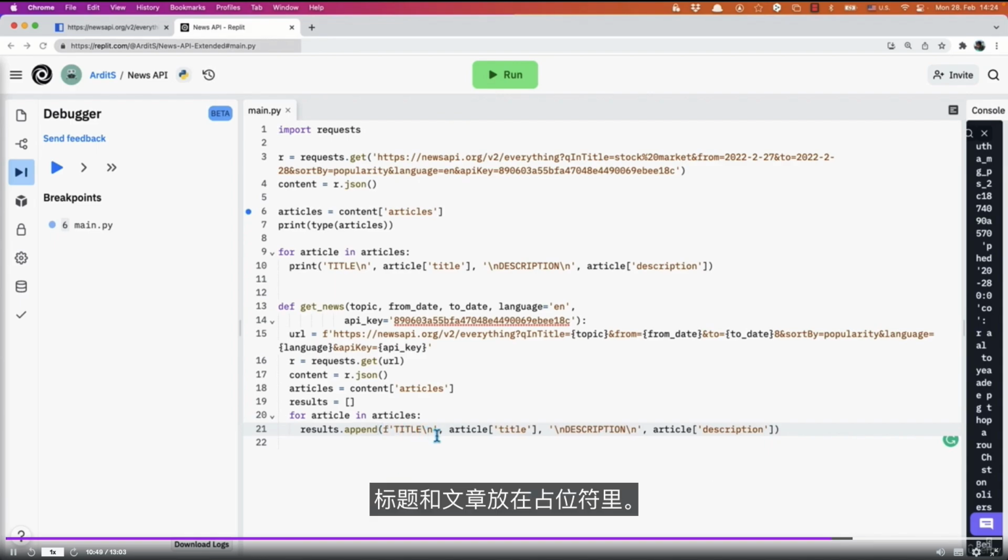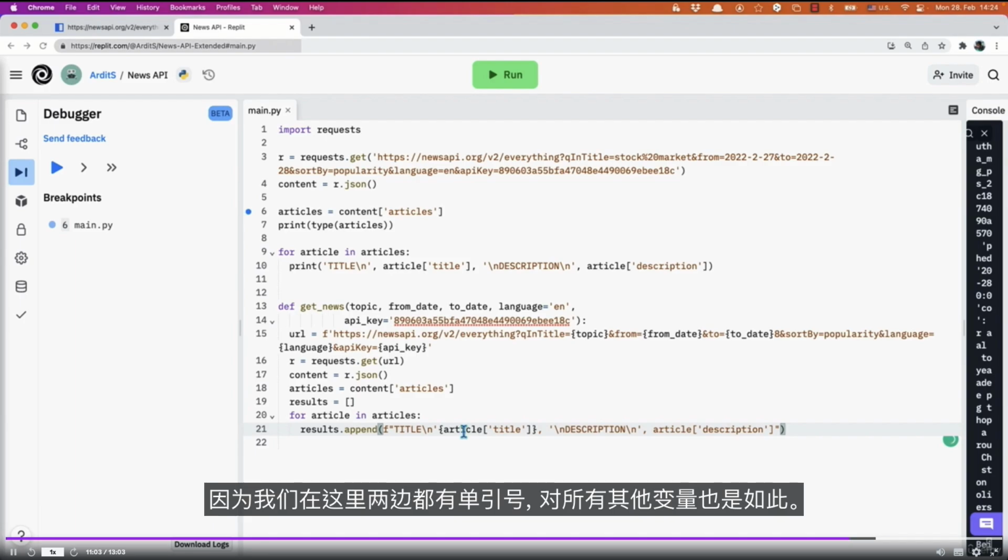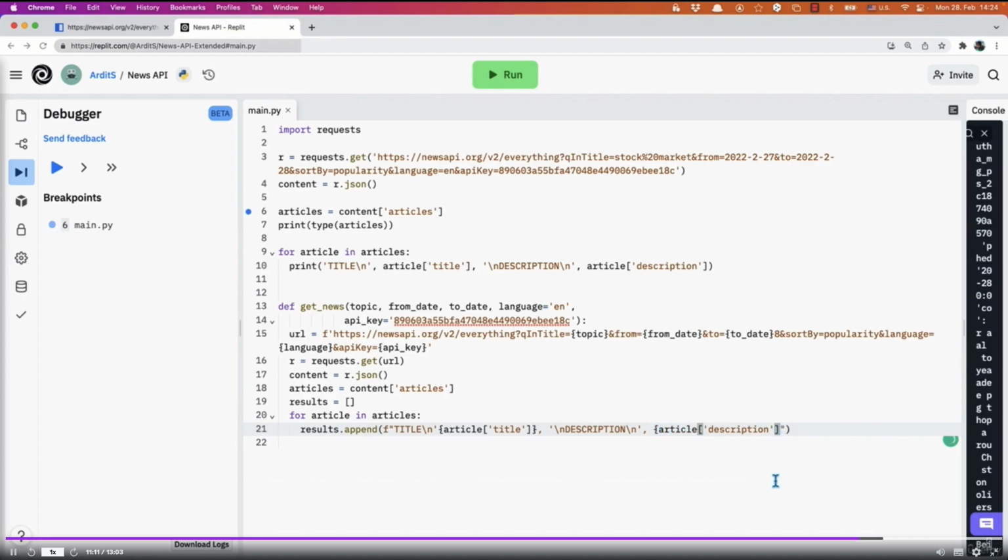So F title, and then article goes inside the placeholder, but I'll change these single quotes here to double quotes because we have single quotes inside in here, and do the same for the other variable, and then finally return results.